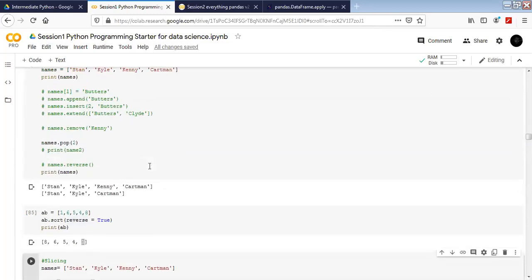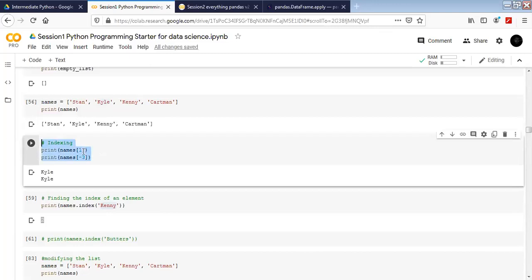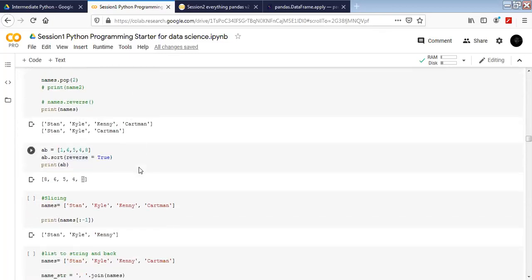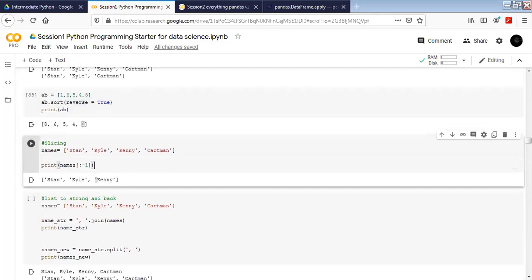Let's move to slicing in a list. So far we did the indexing also while accessing it, right? For the first element we used the first index, and if we wanted to access from the back, we started with negatives. Next part is slicing. When we want to slice a list, we follow the exact same pattern that we used in strings. This is the 0th position, and this is the last position, which is -1.